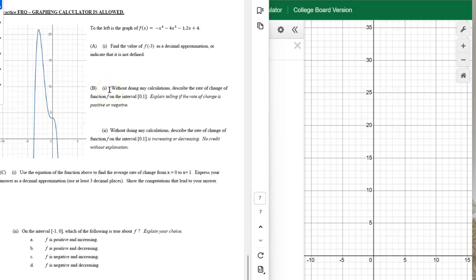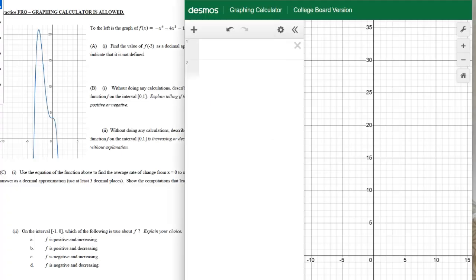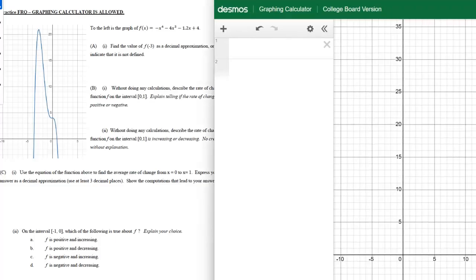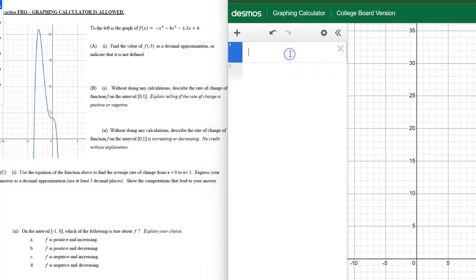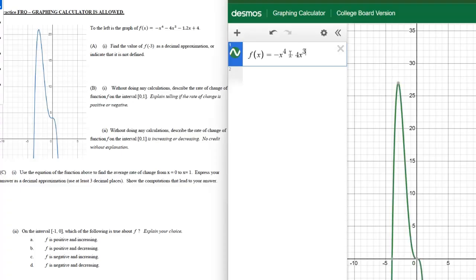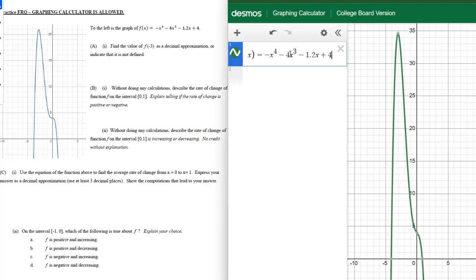All right, there is the FRQ, Desmos on the right side. All right, let's go. To the left of the function of that, let me go ahead and type it on my Desmos. F of x is equal to negative x to the fourth power minus 4x cubed minus 1.2x plus 4. Letter A, find the value of f of negative 3 as a decimal approximation or indicate